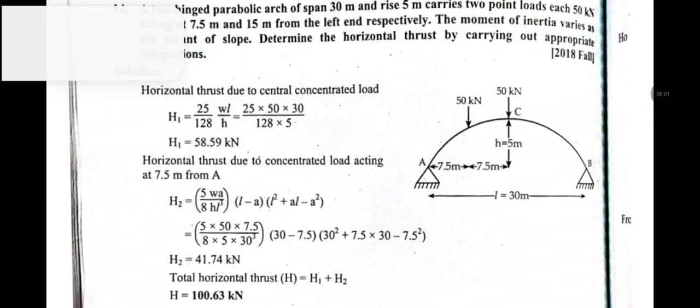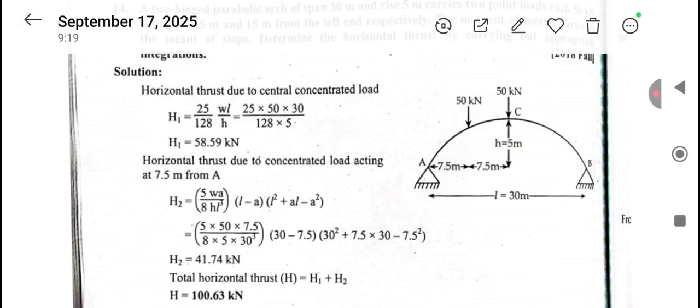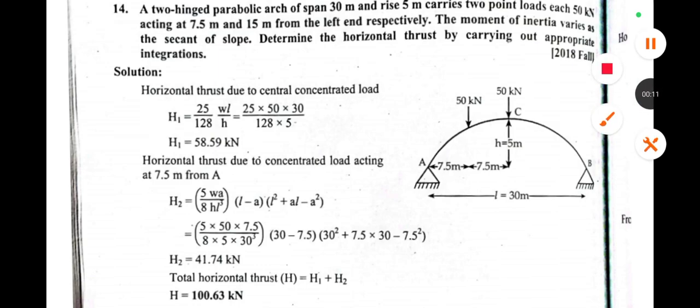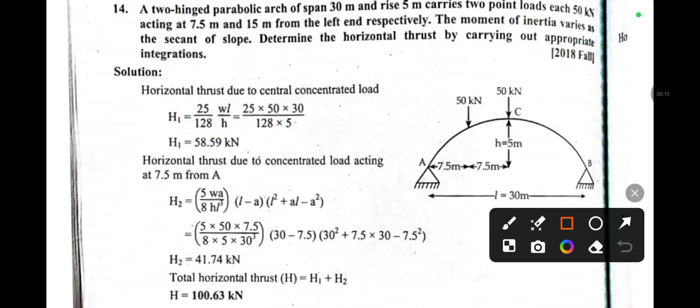So hello everyone. Today in this video we will discuss the numerical problem related to two-hinged arches. So we have a question. You can see here we have a question: two-hinged arch